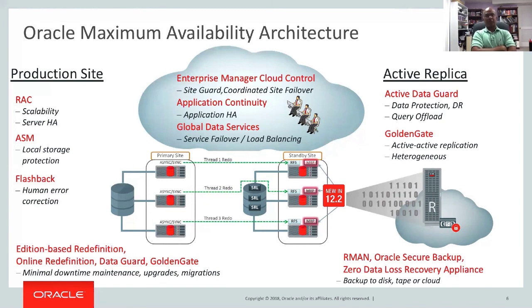With Fast Start Failover enabled, we prevent that. The broker actually stops it. It says, hey, I need to talk to somebody before I can open, and if he can't talk to anybody, he doesn't open, period. He just stays in the mount mode. But if a failover has happened, then the observer says, no, we failed over, and it automatically makes him a standby. It flashes him back a little bit, converts him into a standby, bounces him, starts the apply, and then